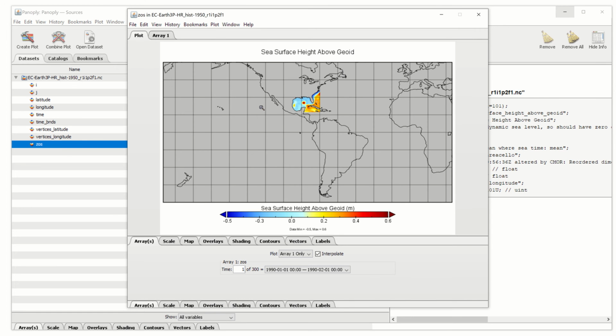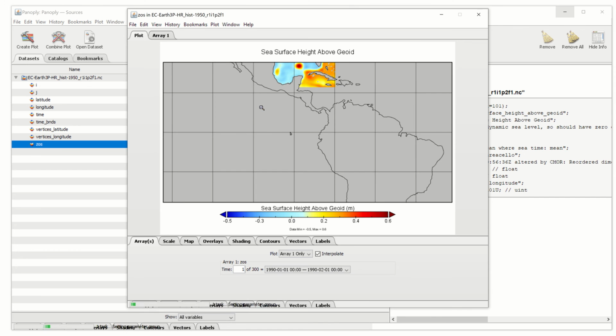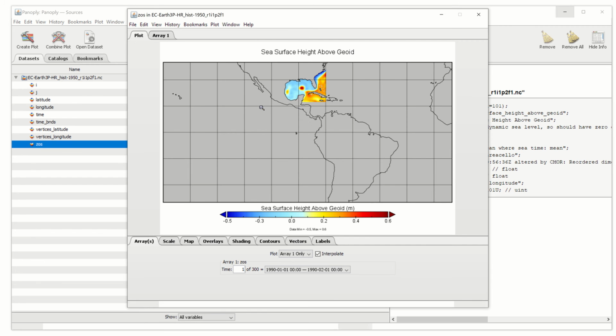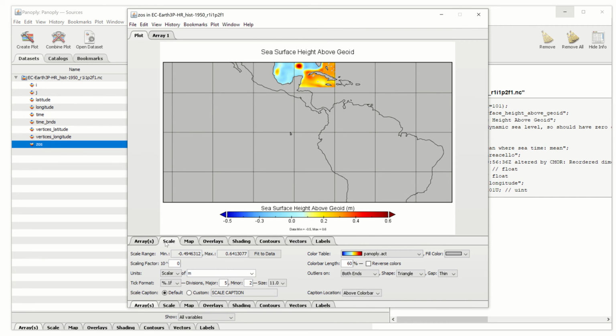Control Alt and plus, yeah, Control Alt and plus. To zoom out, Control Alt and minus. So you see I'm zooming in with Control Alt and plus, and Control Alt and minus. But you see it's still going up. I want to center this data to certain